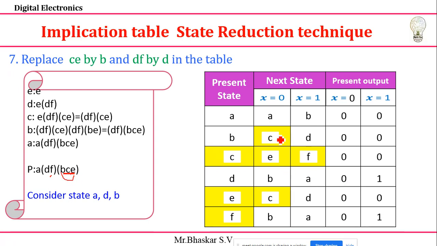Here also C is there. Just observe C, C, C, E and E. This one I'm going to replace, and here also C is there. Just replace it by B. Okay, next. First I replaced C by B. Next you have E. E also I'm going to replace by B. Next F is there. F you need to replace by D. Just I'm replacing my F by D.